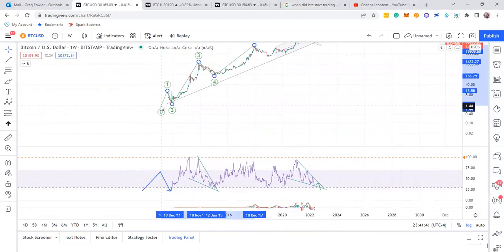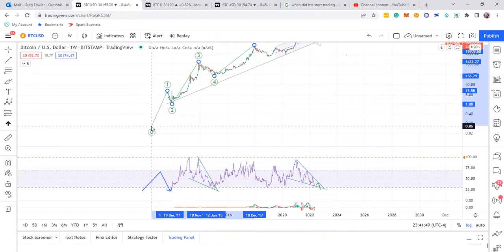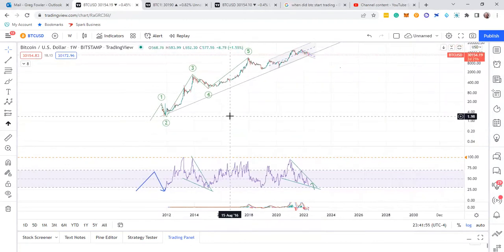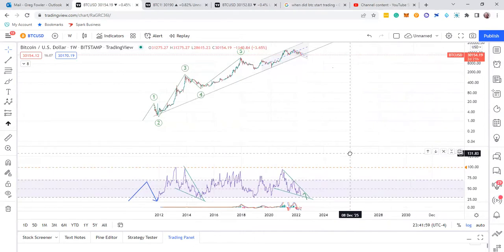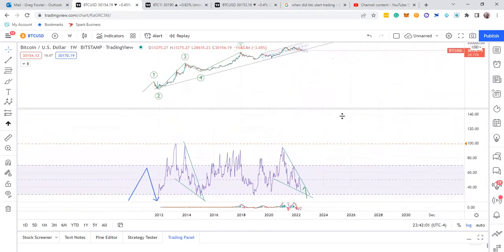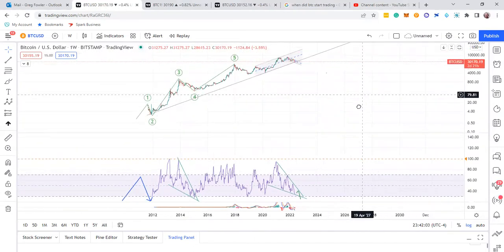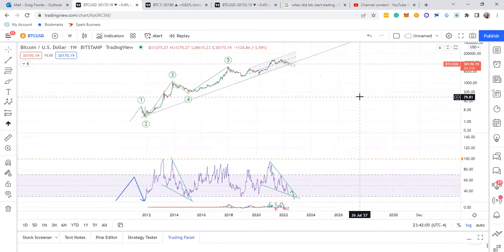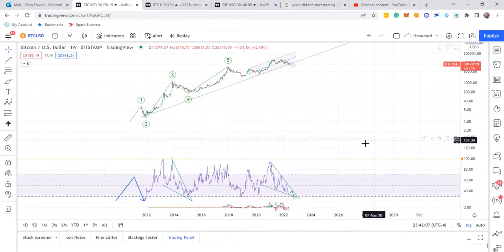The wave one is here. It's not on the chart, guys. That's why I have it down there. Bitcoin actually started down here, guys, on wave one and went up to two like that. That's how you have to do it. And the other thing is, if you use the RSI, I'm going to blow this RSI up for you guys, because you have to understand your momentum indicator and your RSI when you're doing these waves.